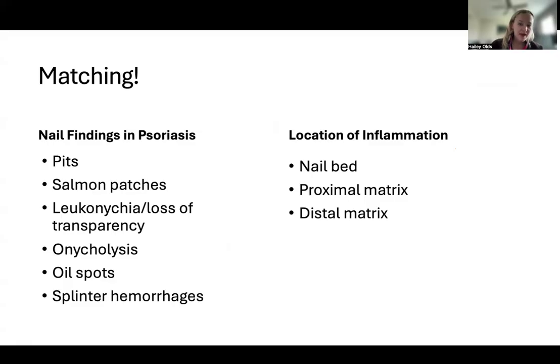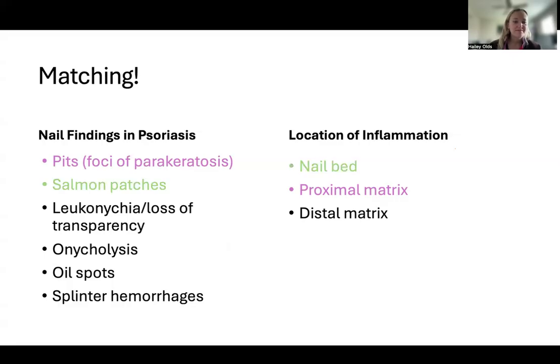Okay, so now we're going to match nail findings in psoriasis to where the inflammation is. So for nail pits, where is the inflammation? It's in the proximal matrix. Salmon patches, the inflammation is in the nail bed. Leukonychia, the inflammation is in the distal matrix. And that one probably makes the most sense to me because if you remember, the proximal matrix is making like the underside of the nail, and the distal matrix is, wait,